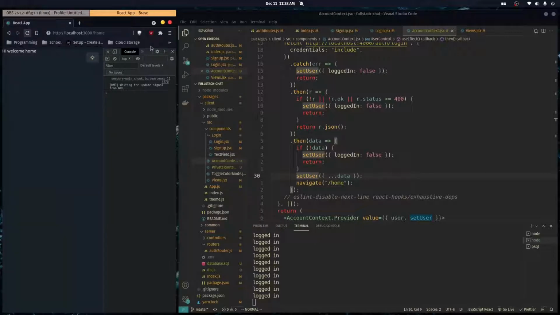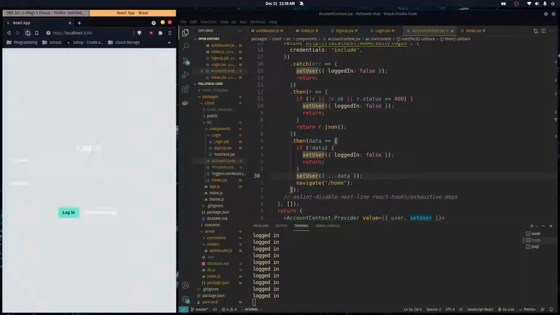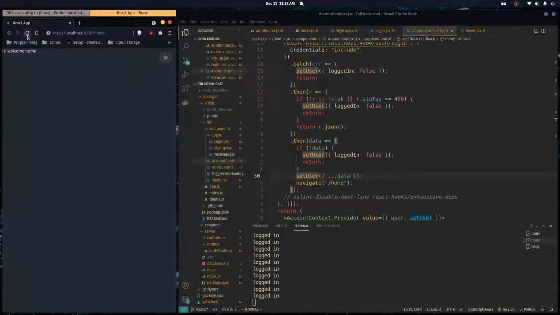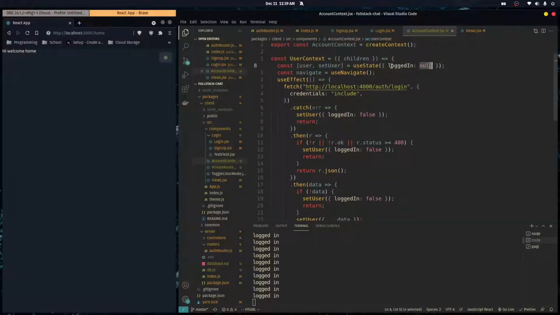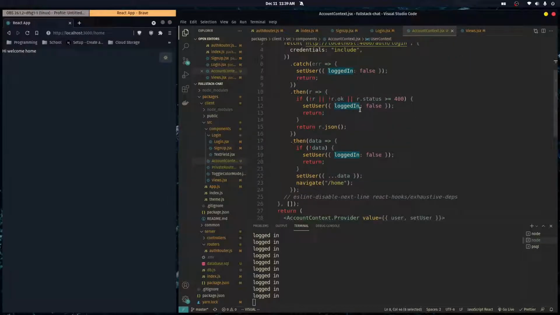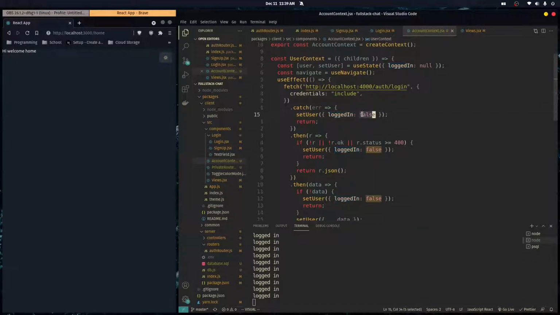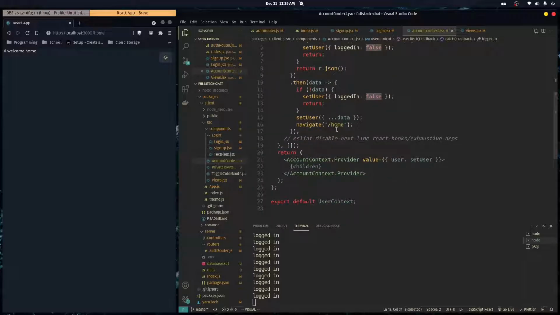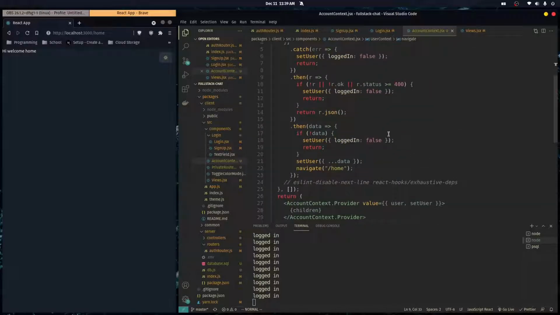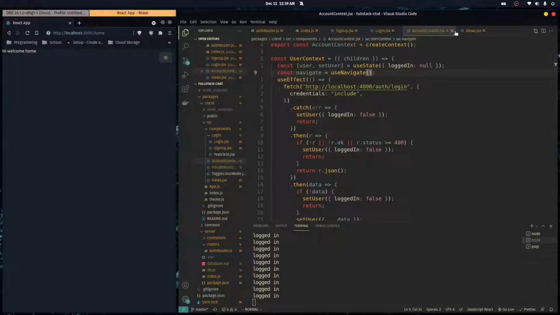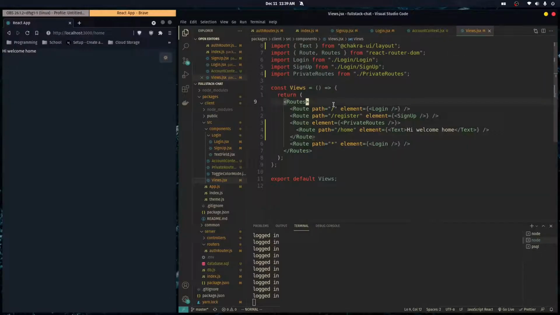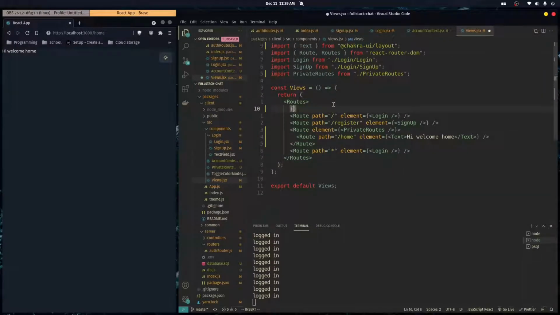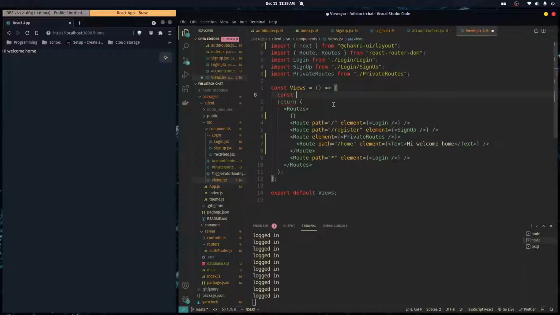But if you notice, there's a little flicker here. I don't know if you noticed, but you can see a login button really quickly, and I want to get rid of that. And that's the reason I set this to null initially. So it's set to null until we communicate with the server, or we get back an error and the server is down. But if we communicate with the server and we're logged in, it goes from null to true, so it doesn't touch false. So then we can go over here in our views, and we can access our user